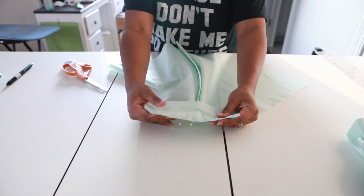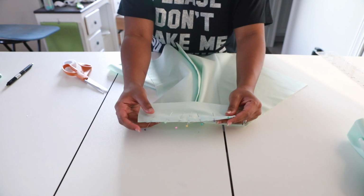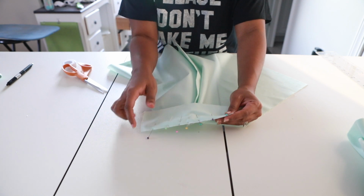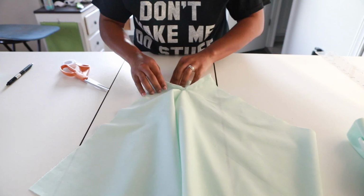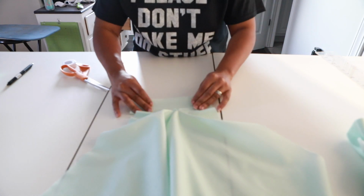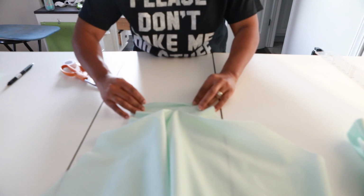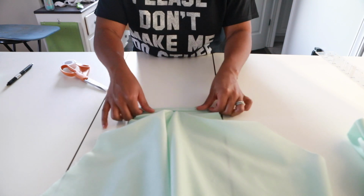Okay, so I've lined my placket piece here on the right side of my placket. I got that on the wrong side of my fabric, okay? So I'm going to take this to the machine and do my 1/2 inch seam allowance, and I'll be back. Okay, so I have my placket piece attached to my skirt, and I'm just going to fold the raw ends up here, and then I also will fold my